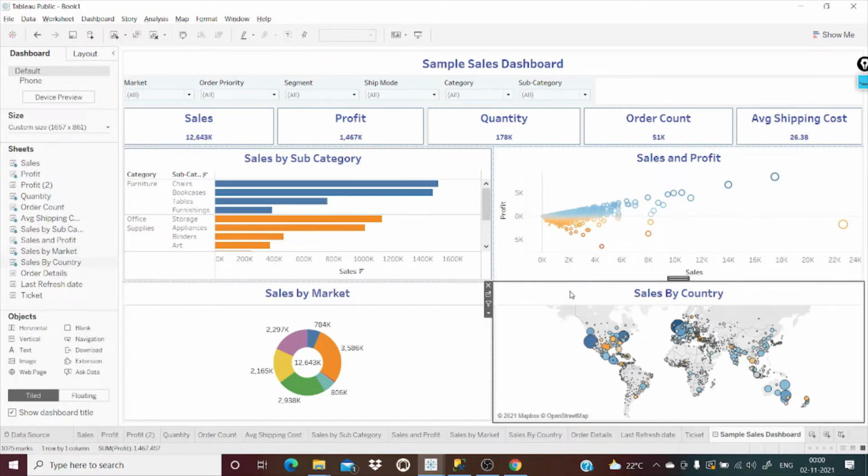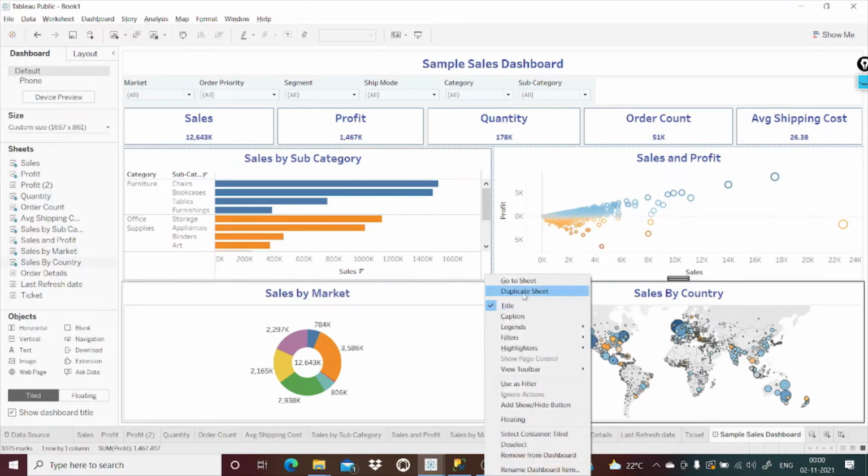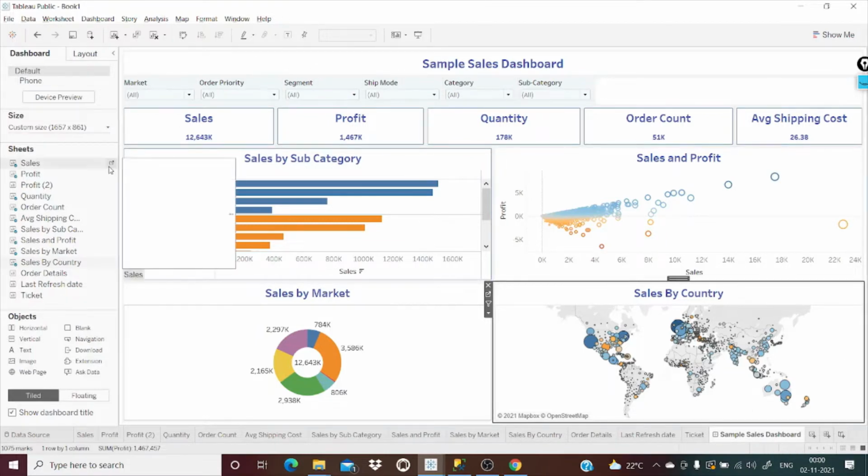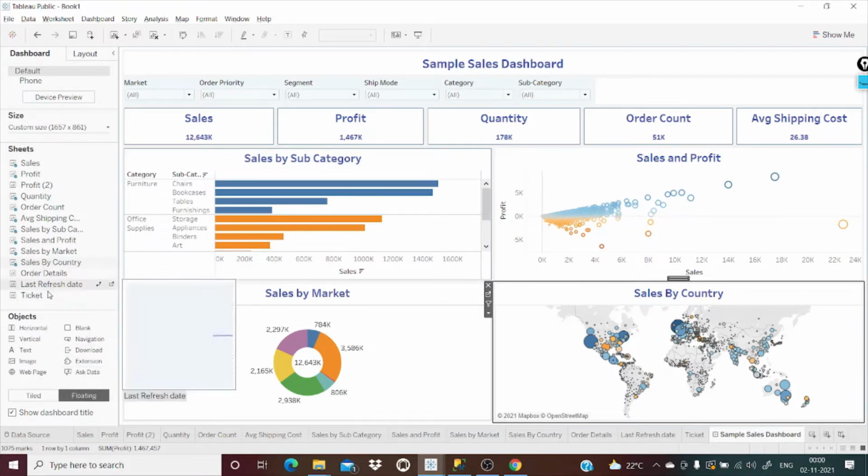This one is fine. And then again, this one is that. Okay, this one is map. And then we should have one more sheet. Okay, let's drag this last updated and things like that. Last updated, I will be dragging it as floating.